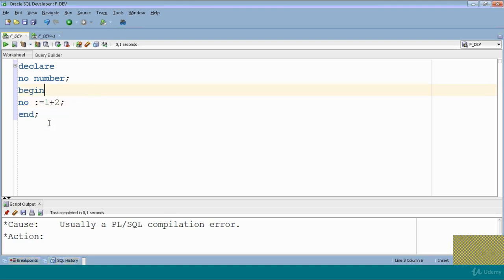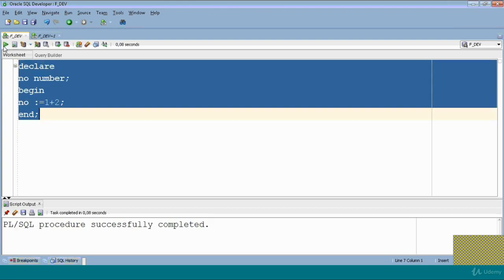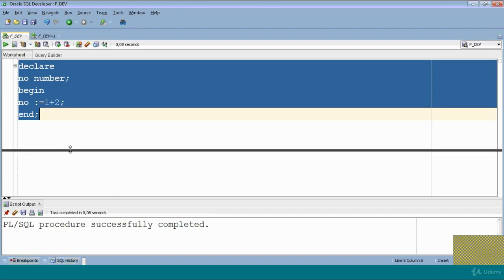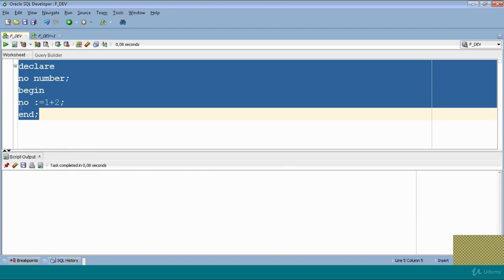We are assigning 1 plus 2 to this variable, which has the data type number. Now we will execute this PL/SQL code. See, PL/SQL procedure successfully completed.